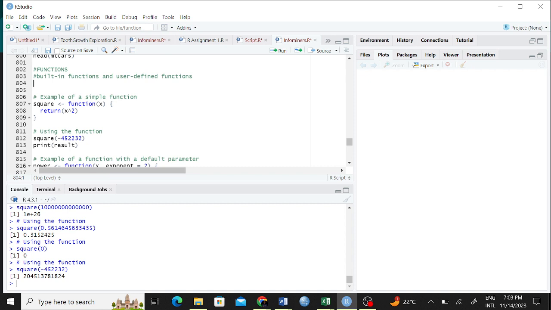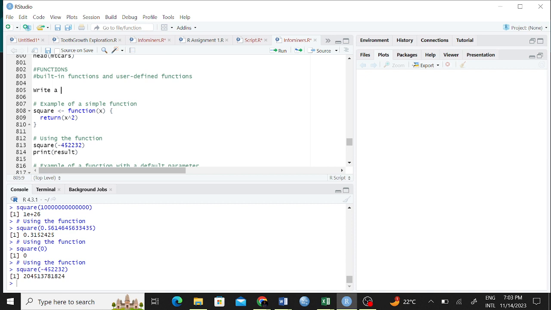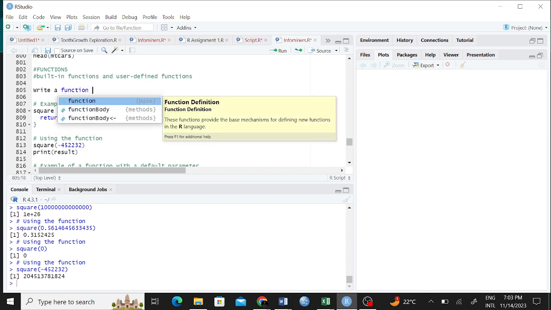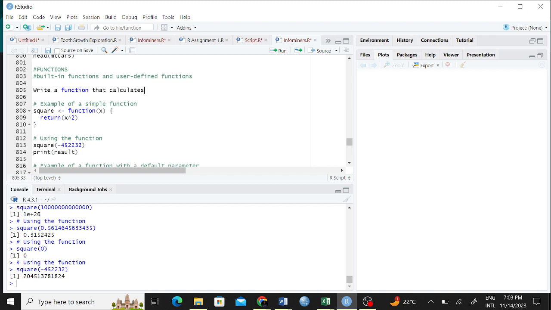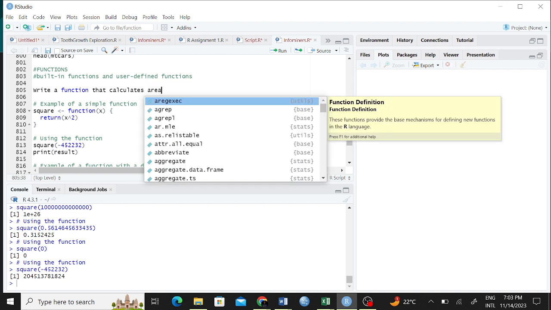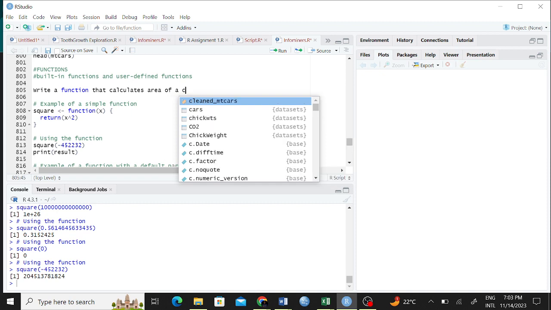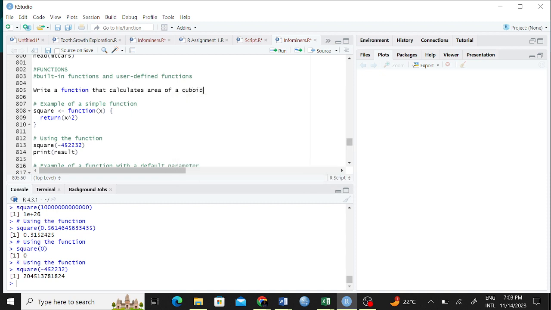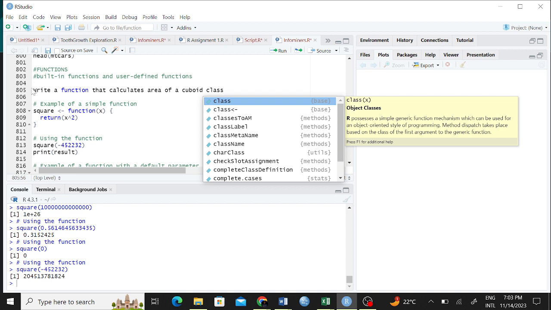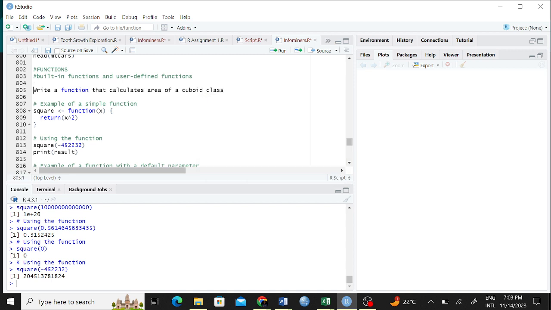If you don't get the question, I'm just saying write a function that calculates not even the area of a triangle, the area of a cuboid, class. No, not the area, the volume, I mean. Volume of a cuboid, class. In a minute.